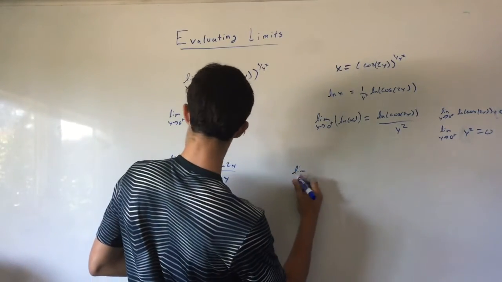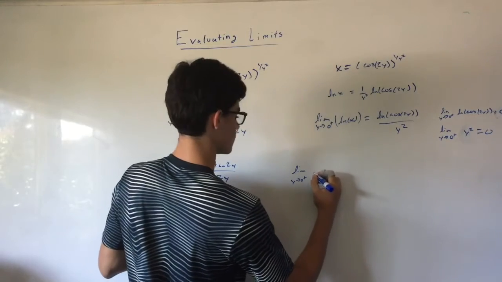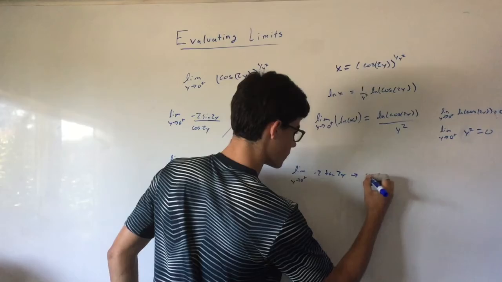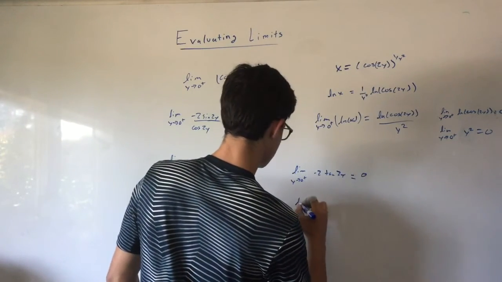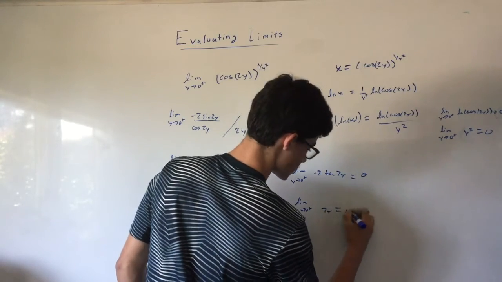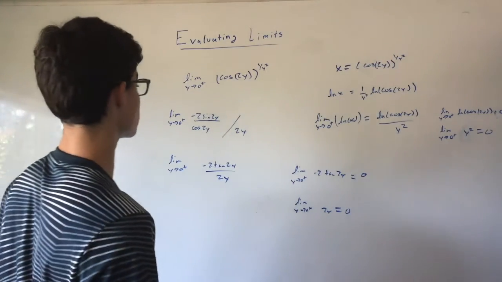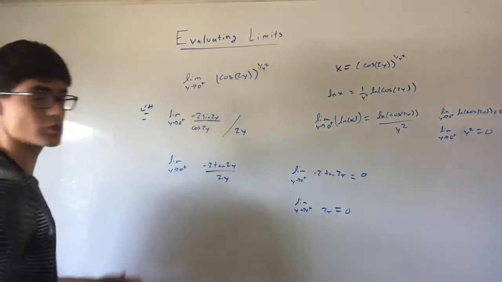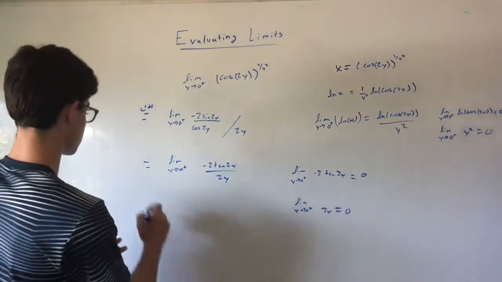The limit as y approaches 0 from the right side of negative 2 tangent of 2y will be 0, and the limit as y approaches 0 from the right side of 2y is going to be 0. So that means that we'll have to take one more L'Hopital. Sorry, and that should be there. I should be writing correct notation, apologize. And so when you take the L'Hopital here,